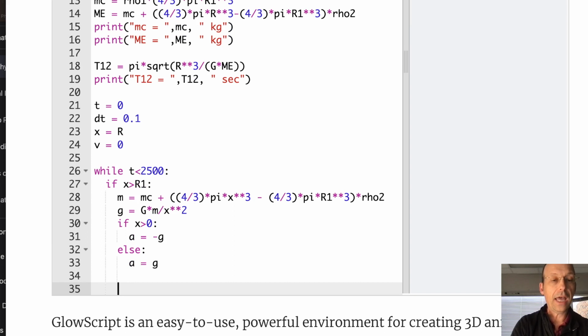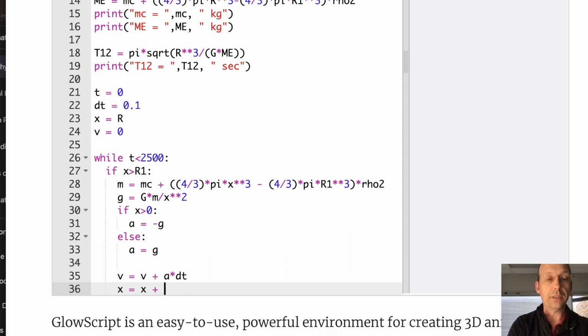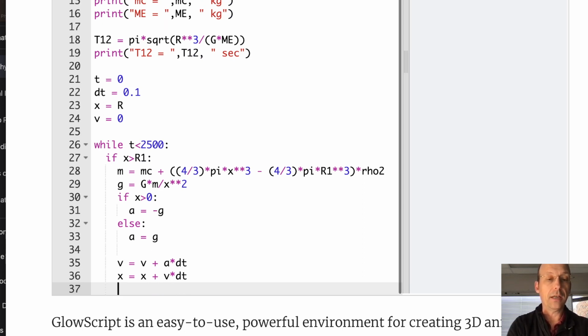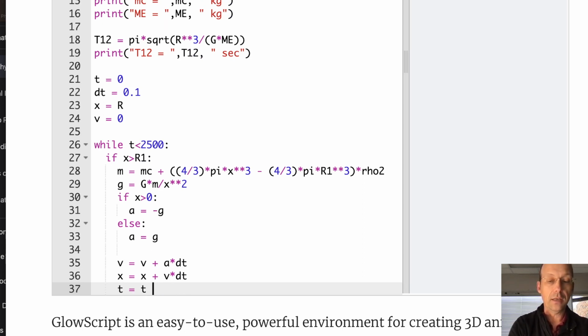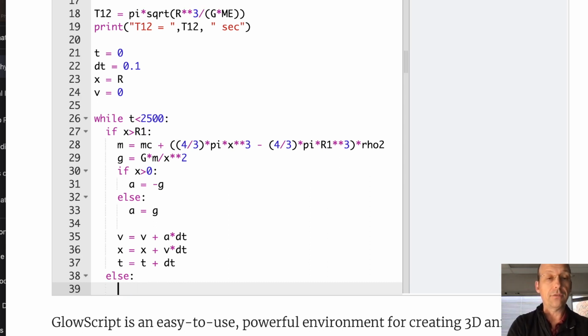Okay, so now I have A. I can update my velocity: V equals V plus A times dt. I can update my position: X equals X plus V times dt. I can update time: T equals T plus dt. Now, if it's inside, I'll say else. If it's less than R1, then I'm going to be else. So now M